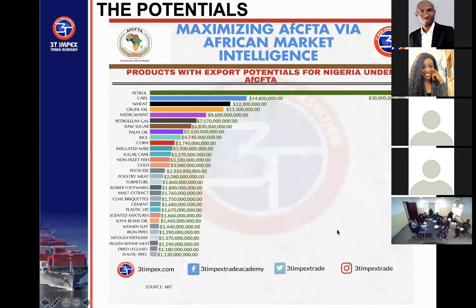Let's look at the figures. Petrol, $30 billion of import. These are data showing what Africa imported